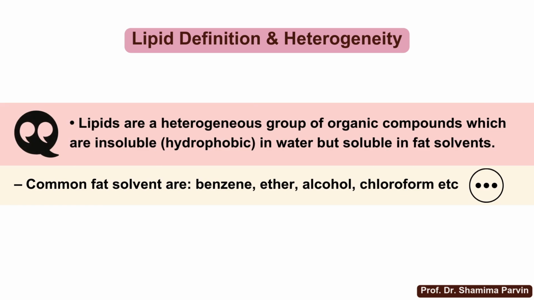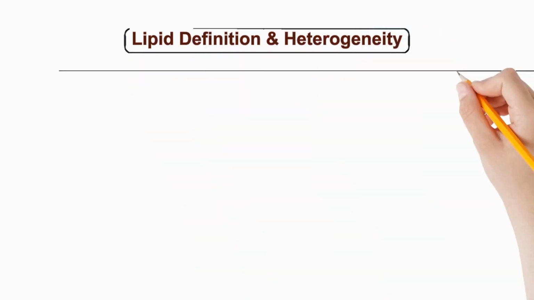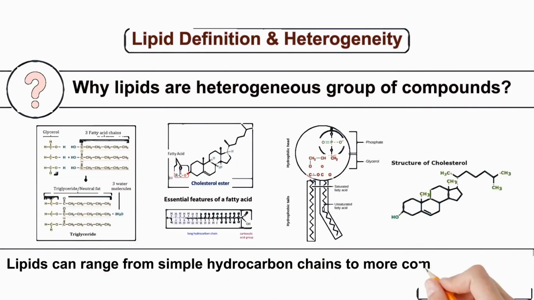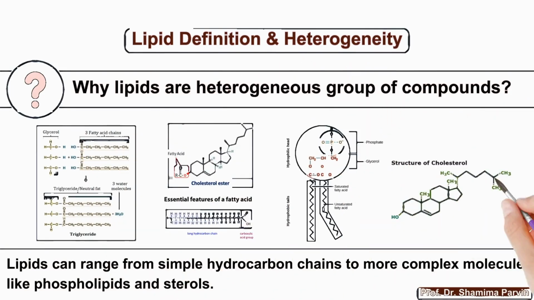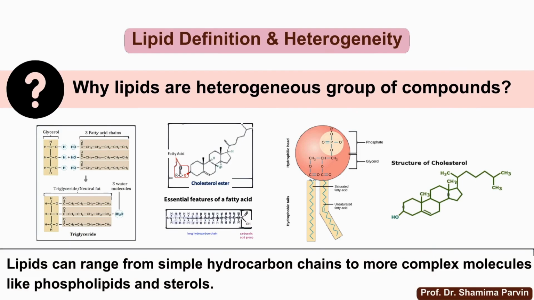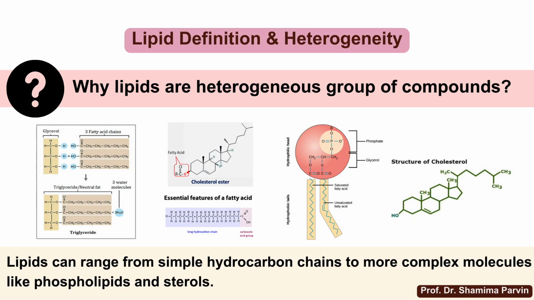Now let's go through the theoretical definition and heterogeneity of lipids. Lipids are a heterogeneous group because they consist of many different types of molecules with different structures and functions, and they are organic compounds as they contain carbons. Lipids are also insoluble for being hydrophobic in polar solvents like water, but soluble in organic or fat solvents like benzene, ether, alcohol, chloroform, etc. So, even though lipids have such variety of chemical structures, they have a common property of being hydrophobic in polar